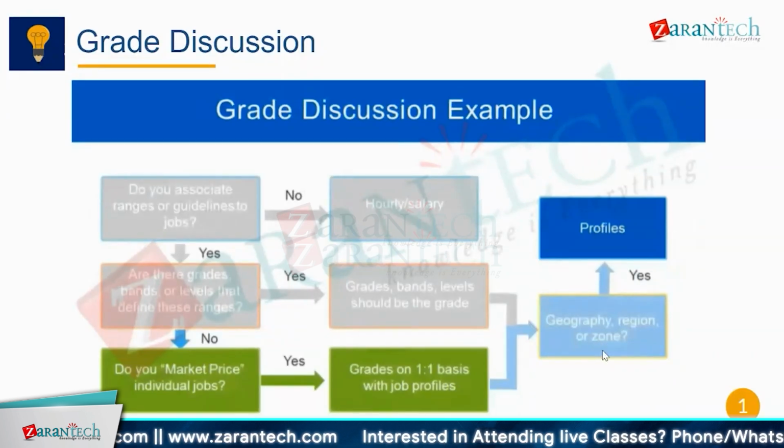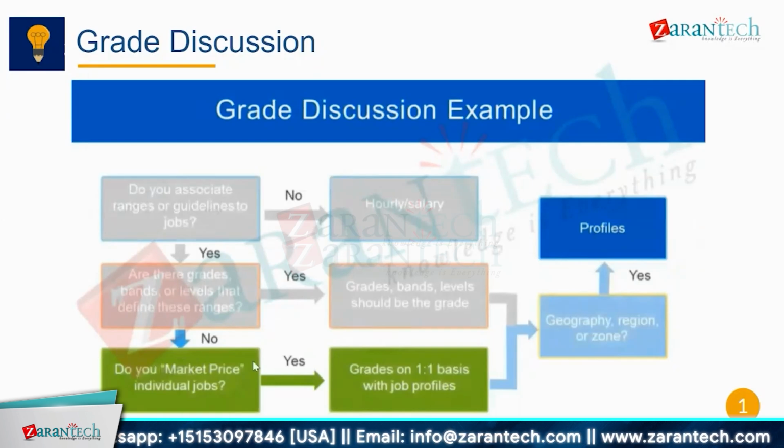A zone is another word for the different locations, and then you would add that to the profile. If you don't do it and the reason is because they're hourly or salary, that kind of makes sense, right? But if we go down this path,